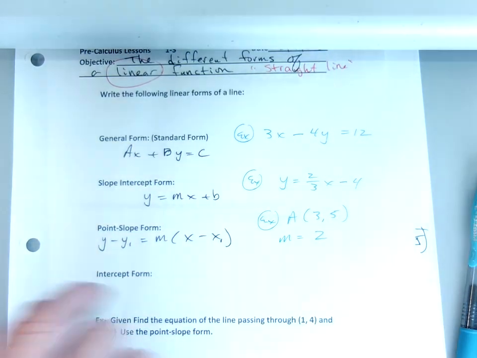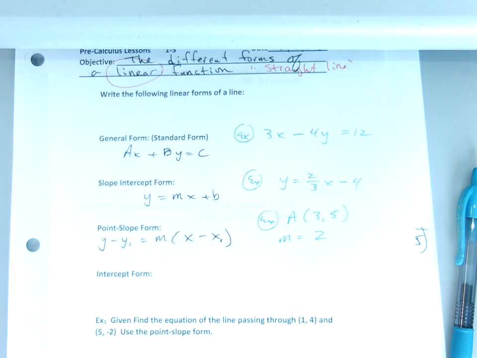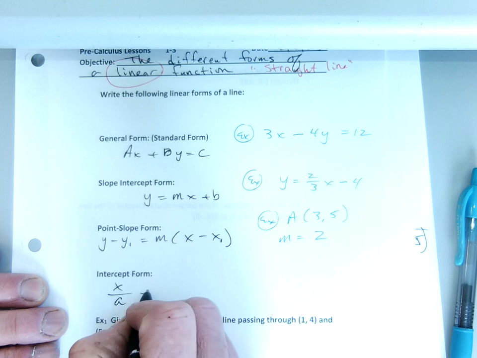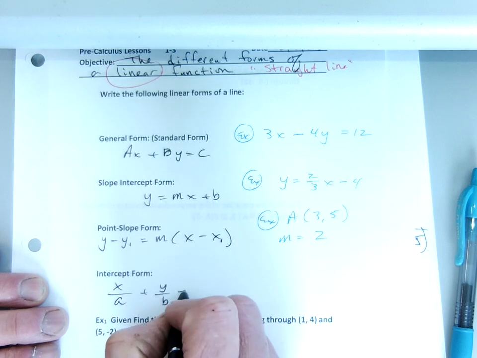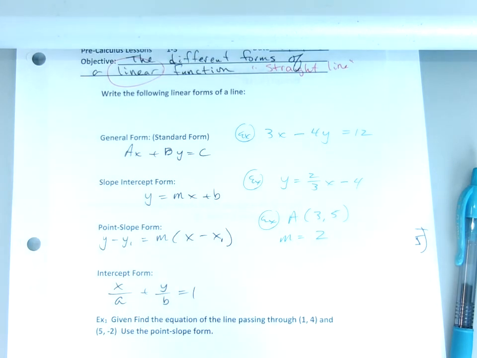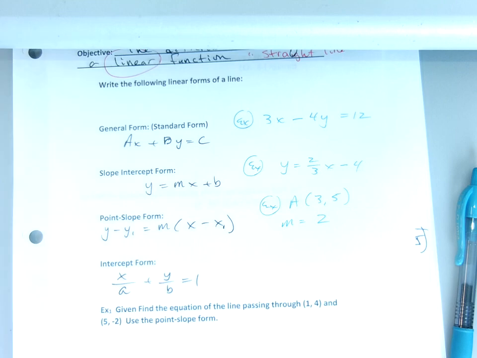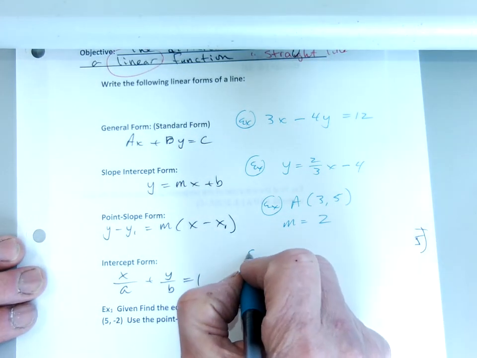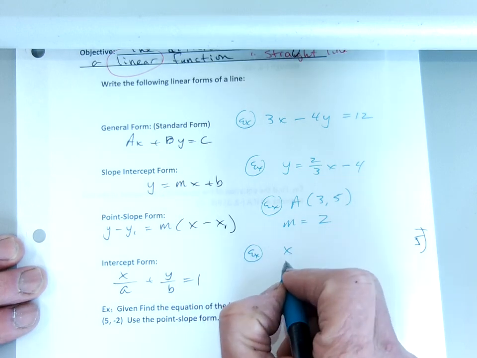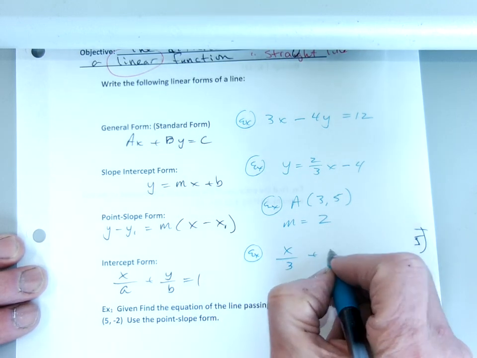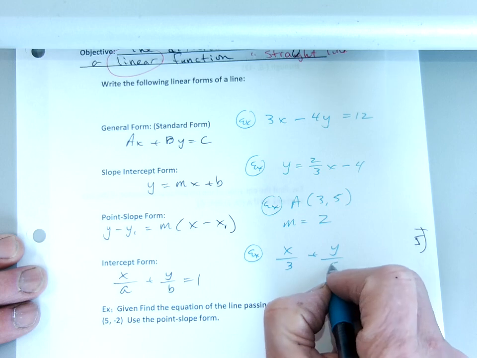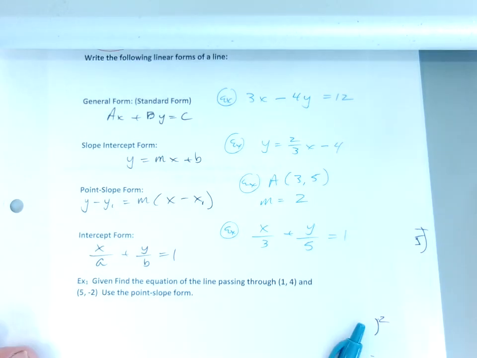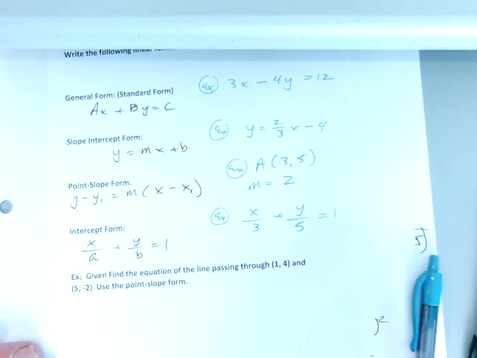Now the intercept form is never used, but it is this: x over a plus y over b equals 1. It has to equal 1 to be intercept form. I'll show you an example. If you had x over 3 plus y over 5 equals 1, then you know from this example